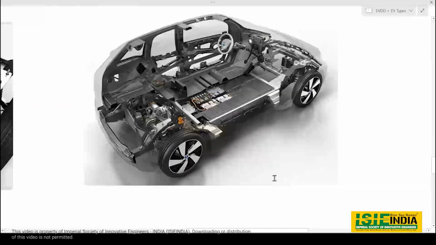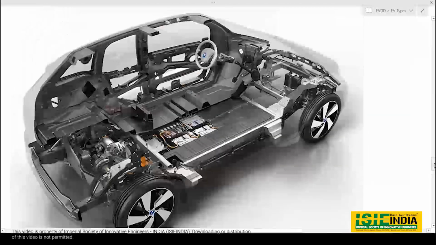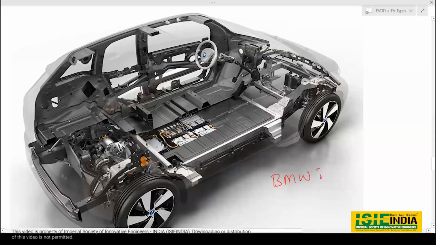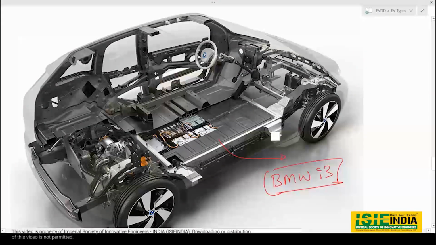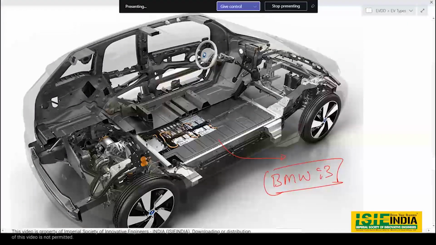Okay, so this is the BMW i3, right? The vehicle that you have is the BMW i3 over here. For the BMW i3, you can see we have the battery pack. Over here we have the battery pack,